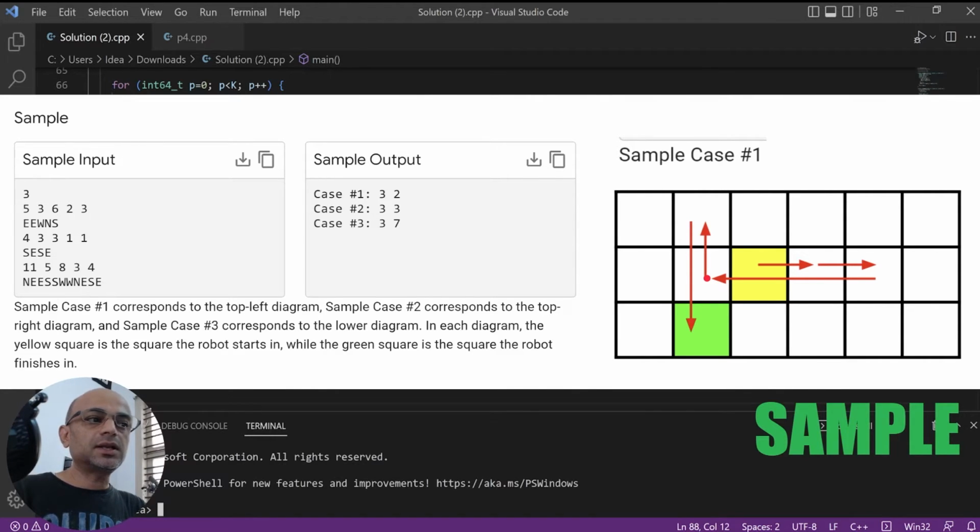The next instruction is N, so move up, so we will go to 2, 1 and stop there. The last instruction is S, so we go down to move to 2, 2, but this is already visited, so we will continue in the same direction to 3, 2. So this is the final position, the final square of the robot. So the answer is third row second column, 3, 2. So case 1 answer is 3, 2.